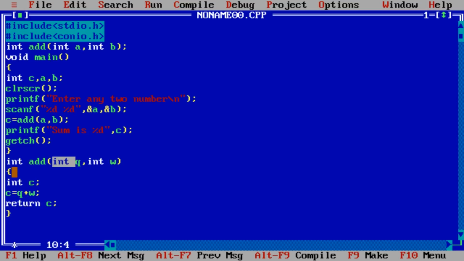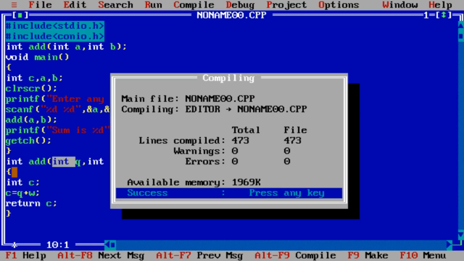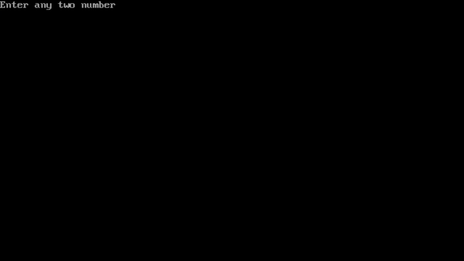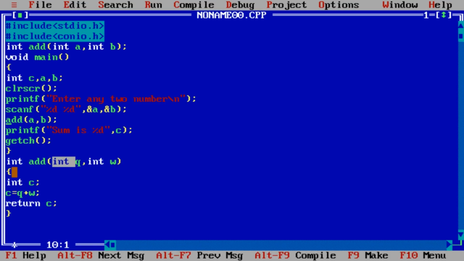And suppose here we eliminate this return statement, then compile, what will be the error? There is no error, but at run time it is printing a wrong answer. So we have to store the return value into a variable of the same type. So now next, test it for the subtraction operator.